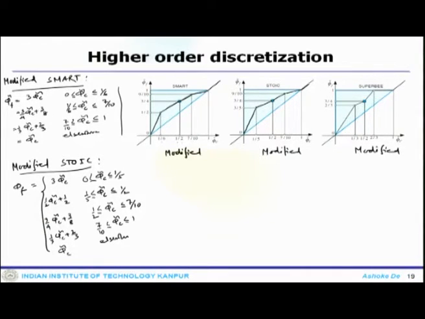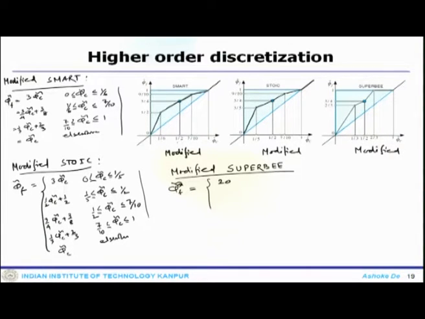So, 7 by 10 to 1 is like that, and then finally it is phi c elsewhere. So, it goes like that. So, these are the different segments where you divide the profile, and then the one which remains is the modified super B. So, modified super B, which is phi f tilde equals to